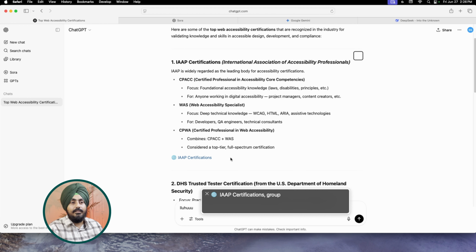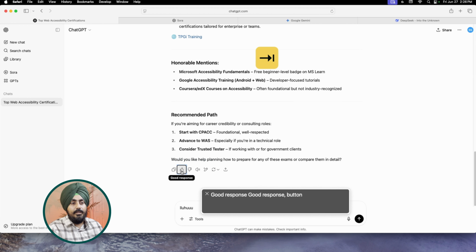The only things in the tabbing order are the copy, good response, bad response, read aloud, edit in canvas, menu pop-up button, and share button, the other feedback links or buttons that you have. But the response itself, as a screen reader user, I cannot reach the links that are